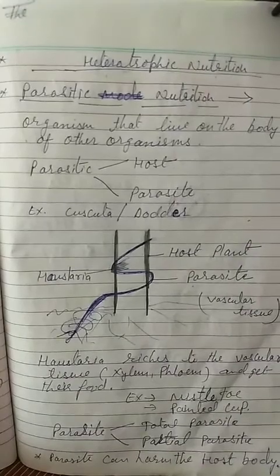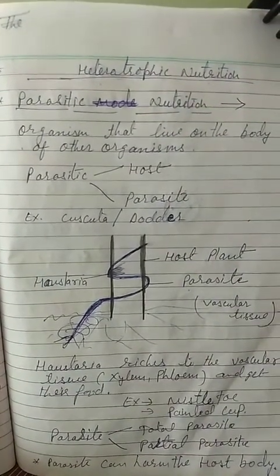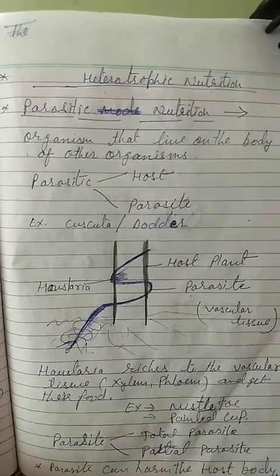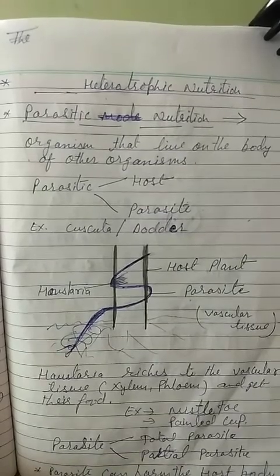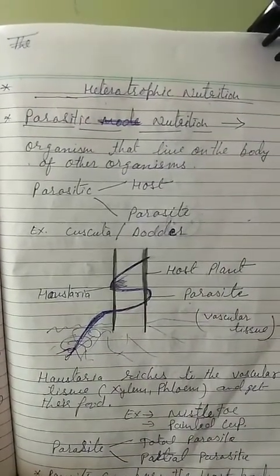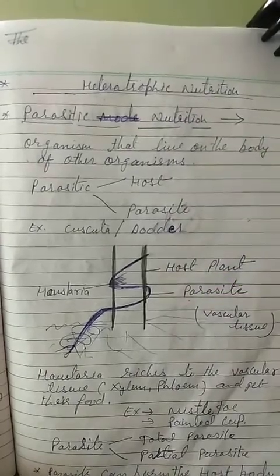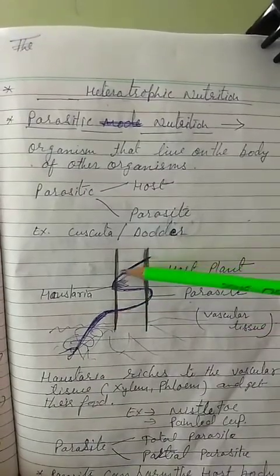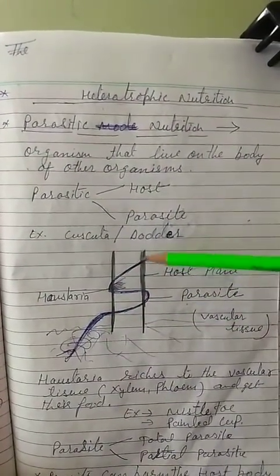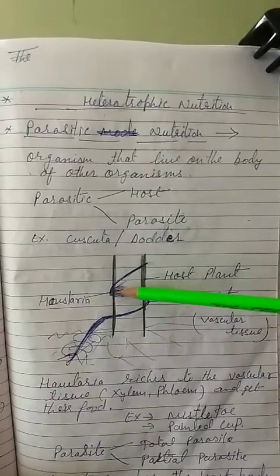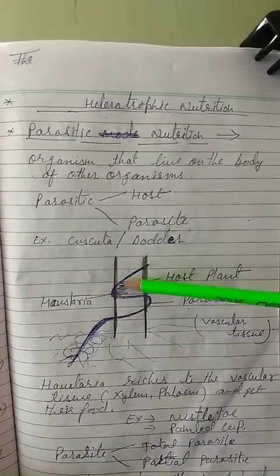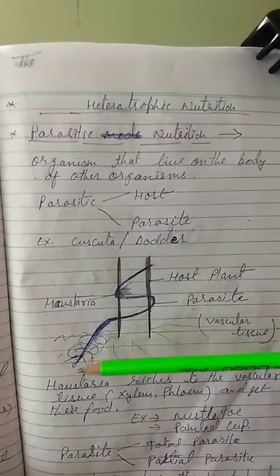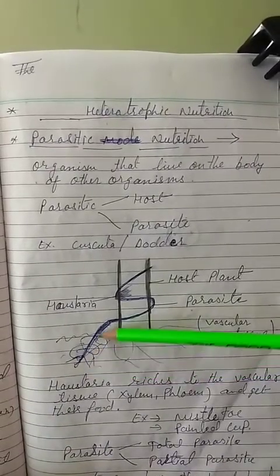Might be you have seen this Cuscuta or amarbel, where you have seen a tree or a plant, and a yellowish colored cylindrical part is spirally attached, entangled to that plant. So here this is the host body and this is the parasite. And these parasites make haustoria, just root-like structures. And these haustoria penetrate the host body, and that is how they derive nutrition from the